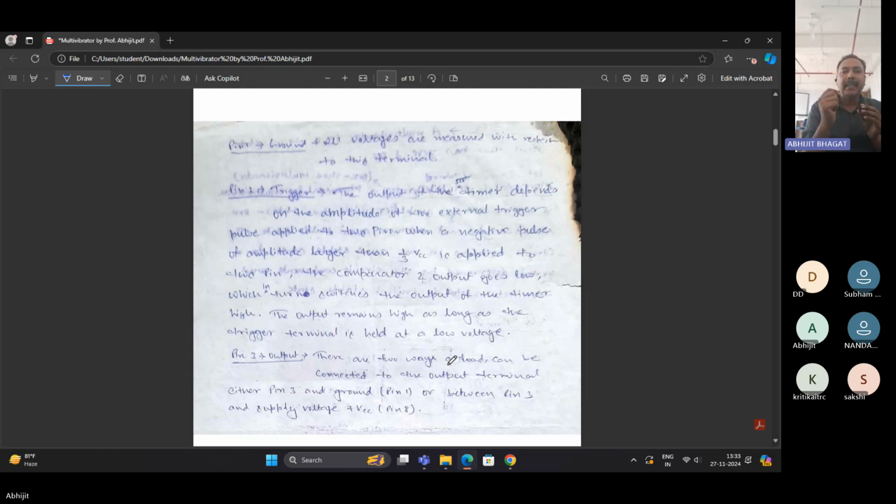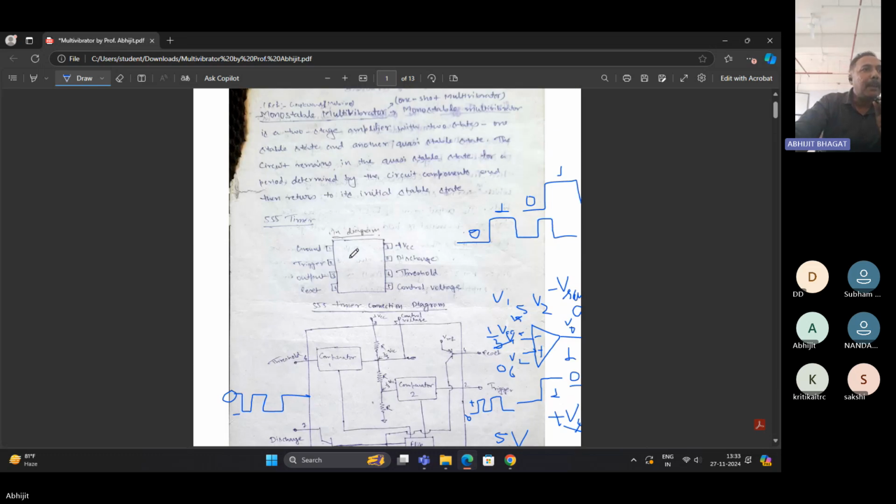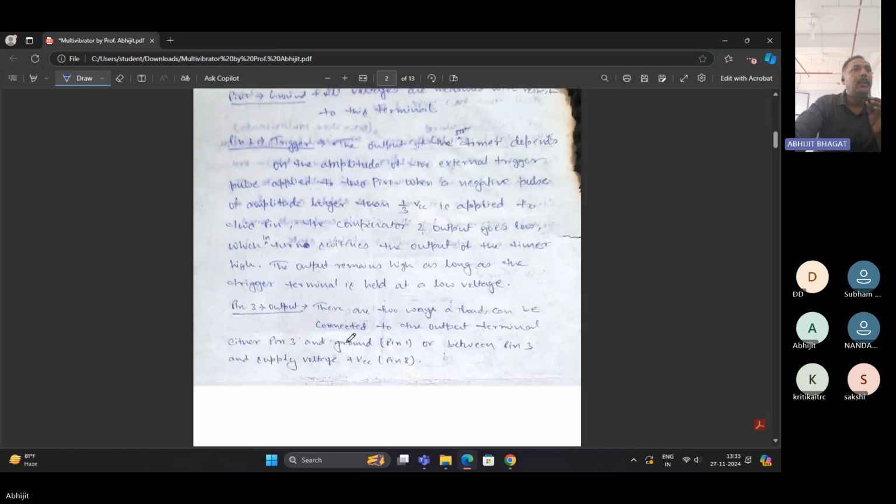अब तो ये लोड को कनेक्ट करने का तरीका क्या है, तो देयर आर 2 वेज ए लोड कैन बी कनेक्टेड टू द आउटपुट टर्मिनल, वट एवर द टर्मिनल, पिन नंबर कितना 3। So how the load is connected, 2 ways, either your load is connected between the VCC and pin number 3, or output pin and ground, इसके बीच में कनेक्ट हो सकता है। So your load is connected either between the ground and 3 or between the VCC and 3। So this is the 2 way of connecting the load।